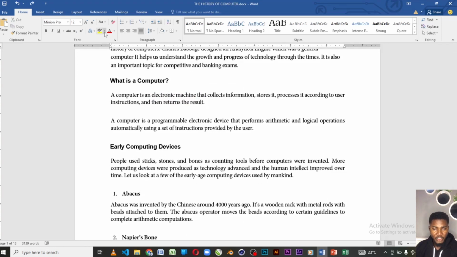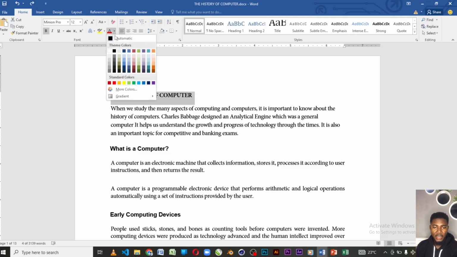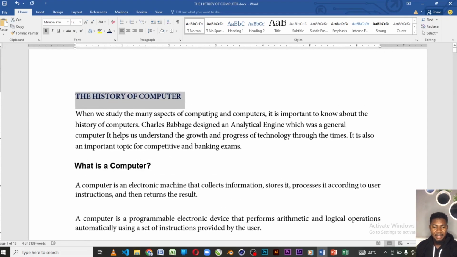Alright, so moving on, we have the text font color. So if I have this, for instance, and I don't want it to be in black, I want to give it maybe a blue color like this. Okay, so as it's in a blue color now,